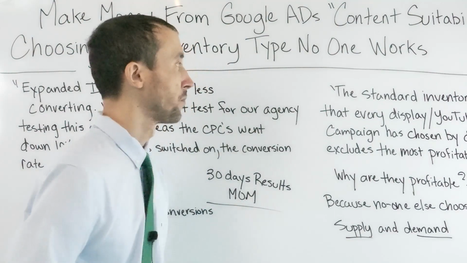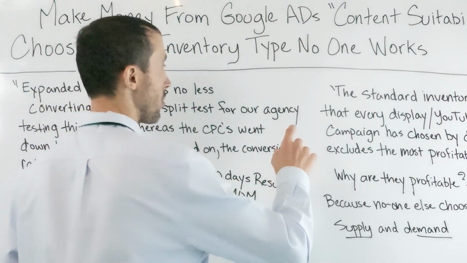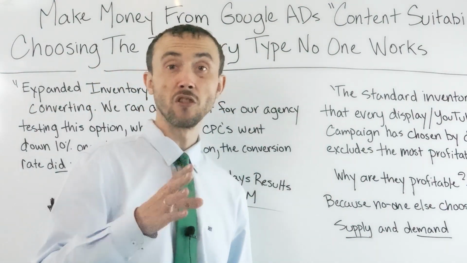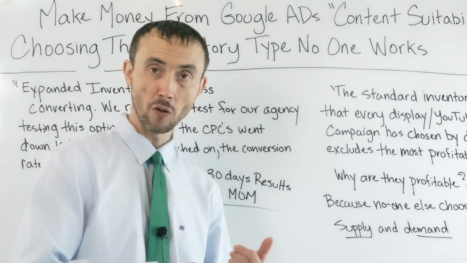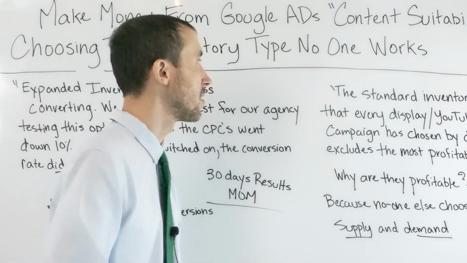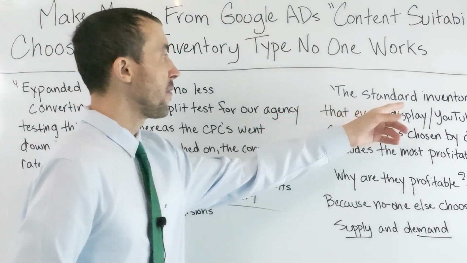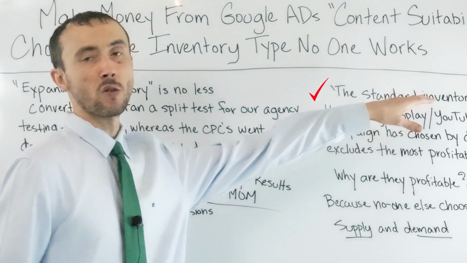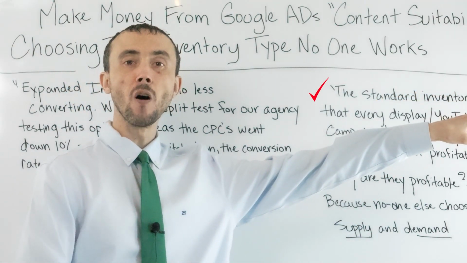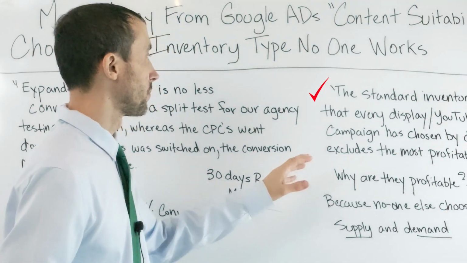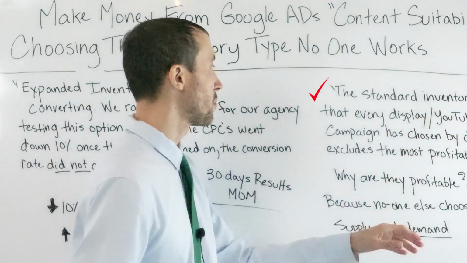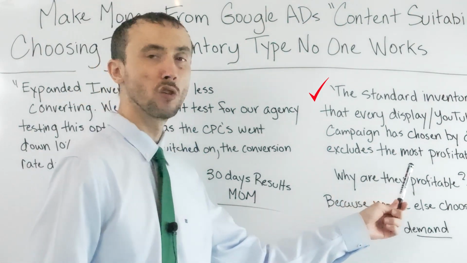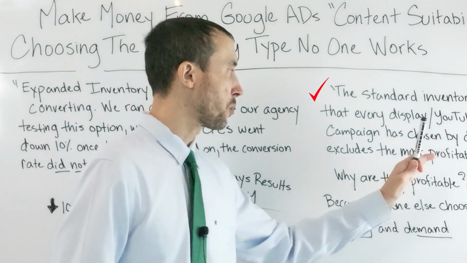Getting into the content, so the content suitability portion, which is under the campaign settings of your Google Display and YouTube ad campaigns, you get to decide if you want standard inventory or expanded inventory. Okay? Standard inventory being, like I was saying before, the default setting. That's the default setting every display and YouTube campaign has by default, which excludes the most profitable